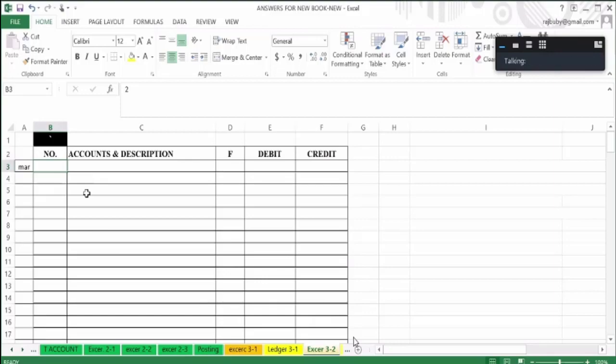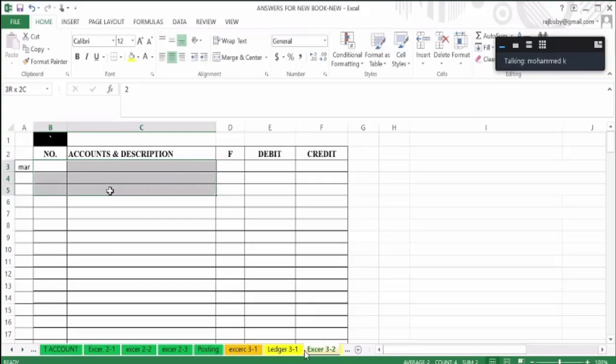March. So on March the 2nd, acquired 3 Lord of the Rings movies to be shown in the first 3 weeks of March. The film rental was 27,000 plus HST of 3,510. Of that amount, 10,000 was paid in cash, and the balance will be paid on March 10th. So, one debit account will be film rental expense. So that will be 27,000. Then HST also will be debited. Then we'll credit the bank account for $10,000.